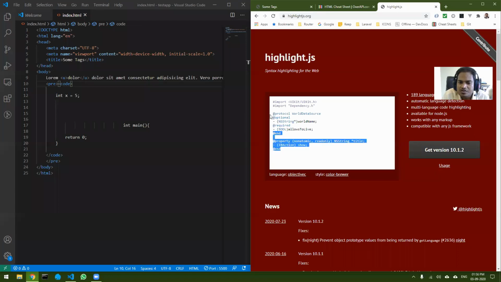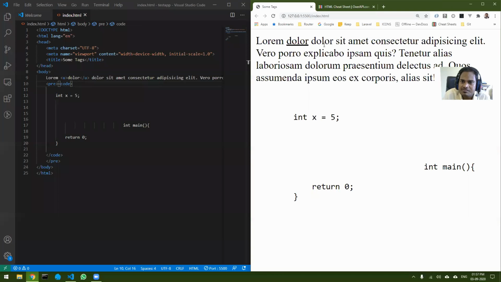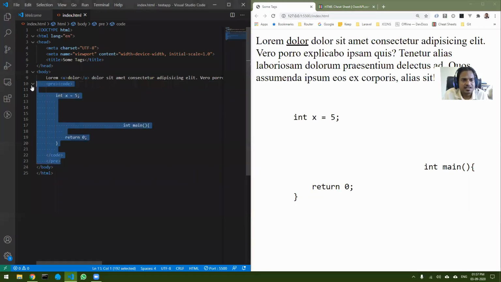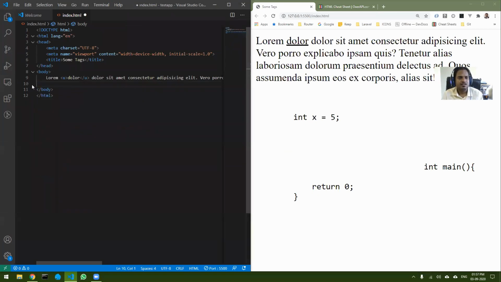The code looks with syntax highlighting, colorful code. That is how you can do it with the help of this particular library. All this we will see when we reach JavaScript. So these are some of the important tags that we will learn.